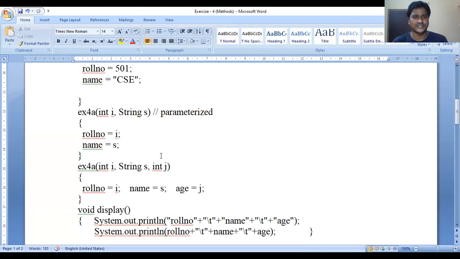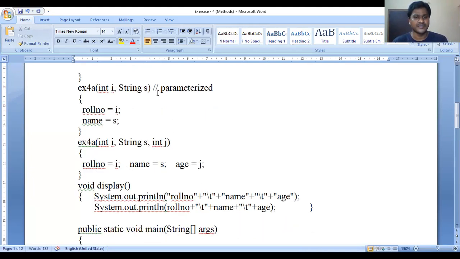I have another parameterized constructor. The previous parameterized constructor expects only two arguments when it is invoked, but this constructor, with the same name, expects three parameters.